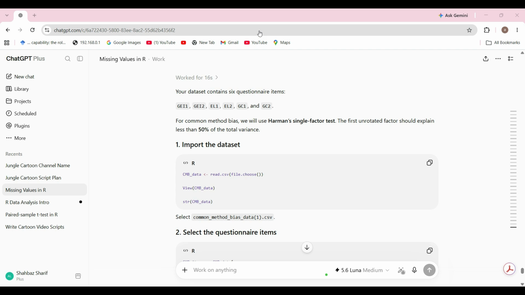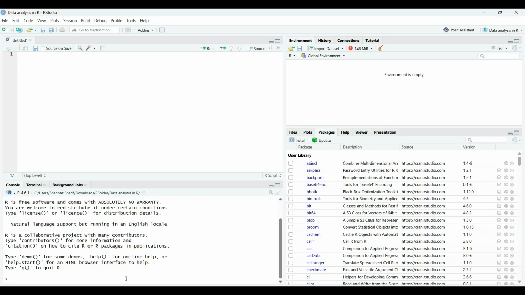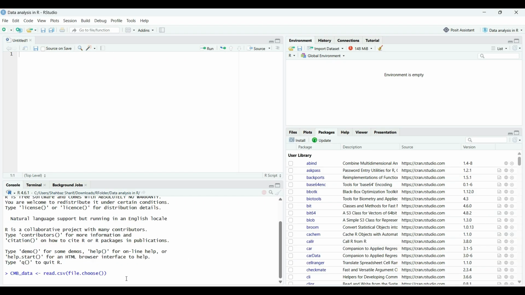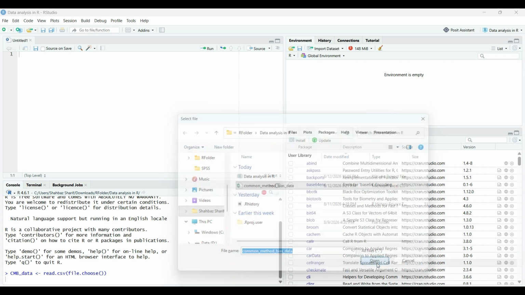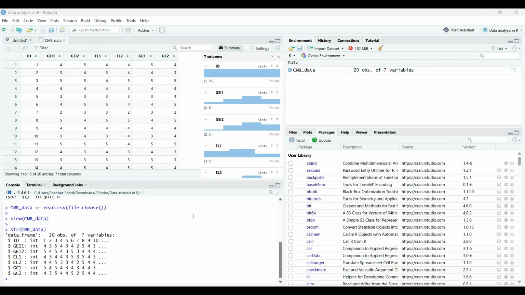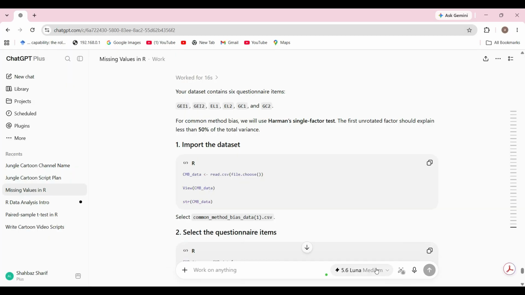So we will copy the command and paste it in our console and press enter. So you will see a dialog box open and you can select your data and then click open. So data has successfully opened in our RStudio. So you can see the observation number of variables. Okay. So next